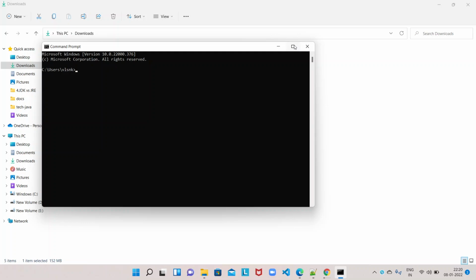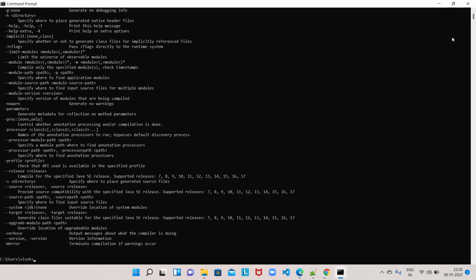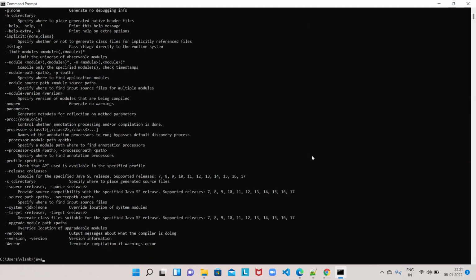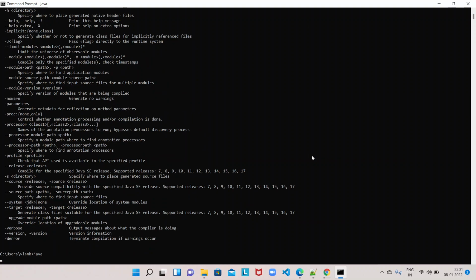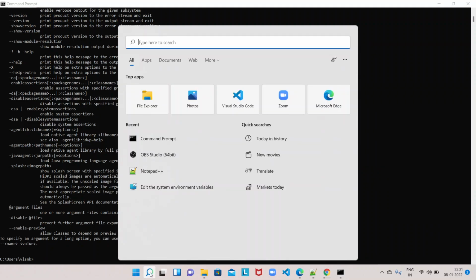Now if you open it, we should be able to see the response. We are seeing the javac command syntax, and all these are the different arguments we can pass along with javac. That means it is trying to show the syntax of this command whenever we give javac, which means that Java is installed properly and it is actually being identified by your machine. It means that the javac and java commands are there in your installation and that path is being referenced in your system environment variables.